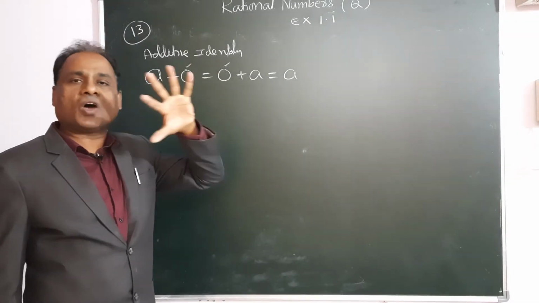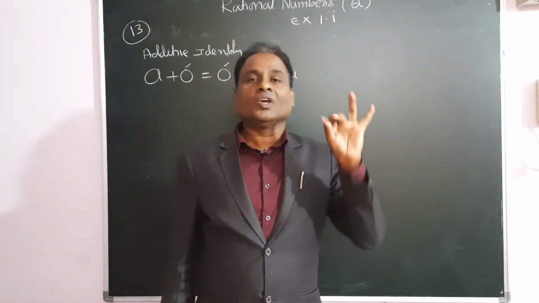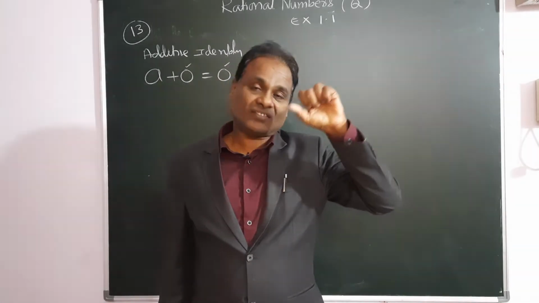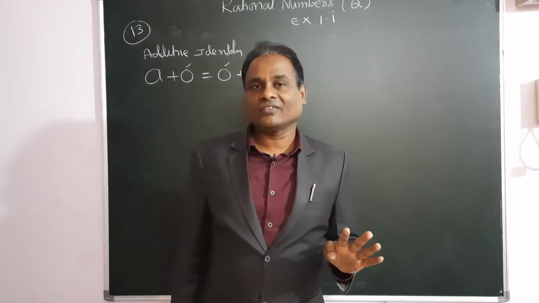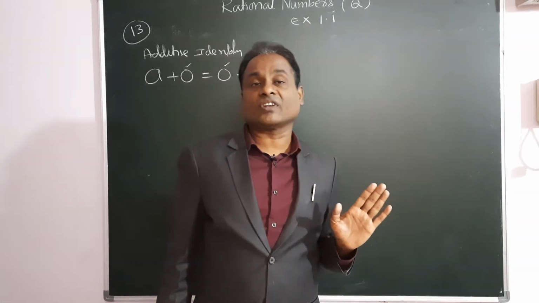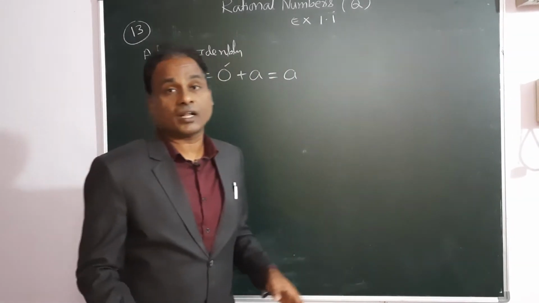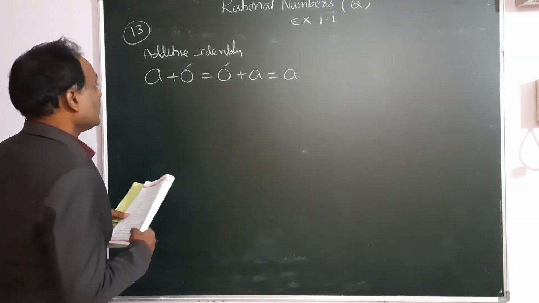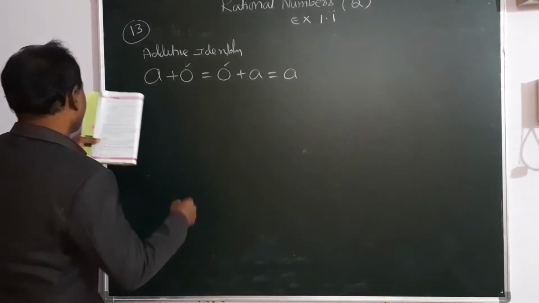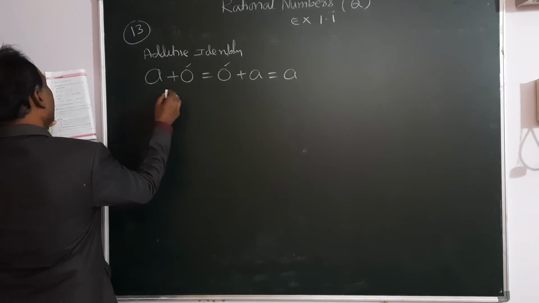Try to collect the 4 number systems I explained: natural numbers, whole numbers, integers, rational numbers. In this, natural numbers means all counting numbers starting from 1. So 0 won't come in the natural numbers. Therefore, which number set doesn't have 0? Natural numbers don't have 0. So therefore the answer is the set of numbers which do not have any additive identity.